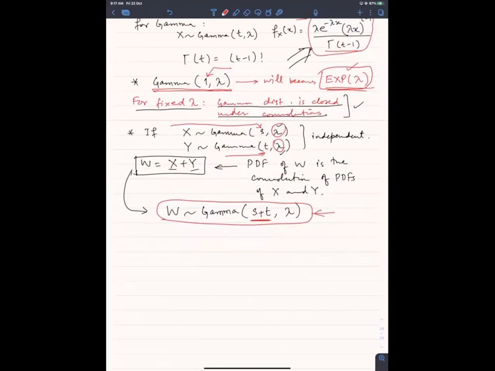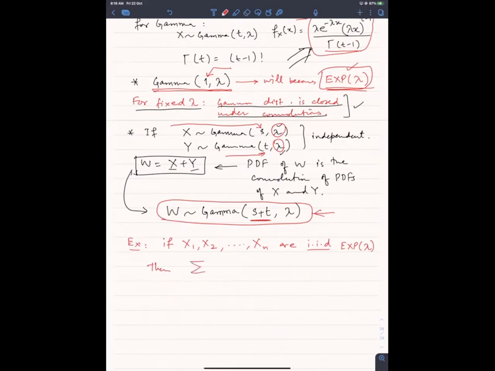Okay. Now, another example is if x1, x2, dot, dot, dot, up to xn are independent and identically distributed, IID, exponential random variables. Each one of them is independent and they are all independent of each other. They are all exponential lambda random variables. Then